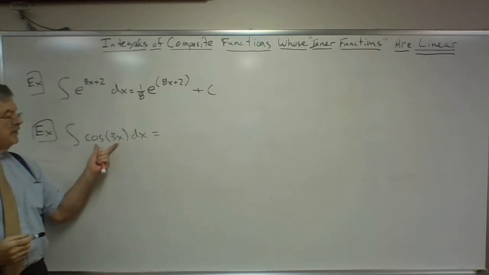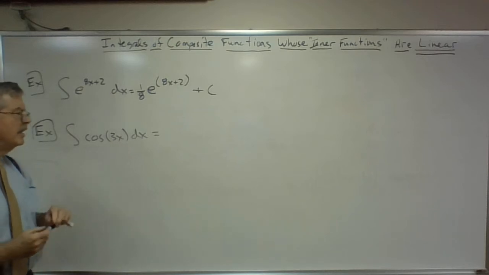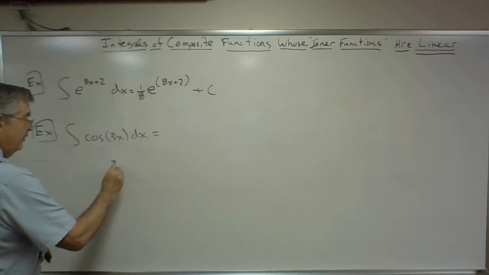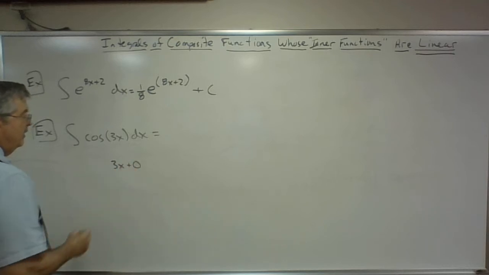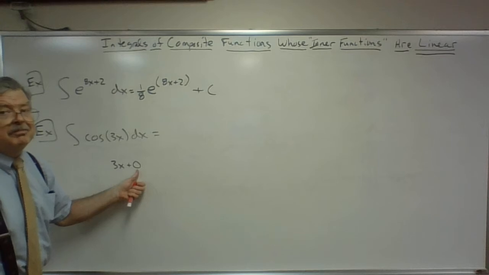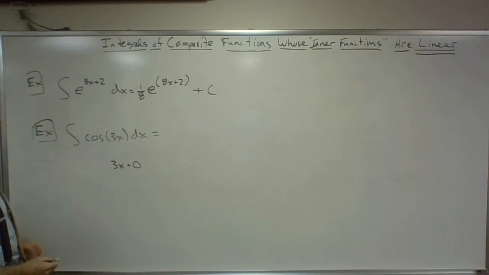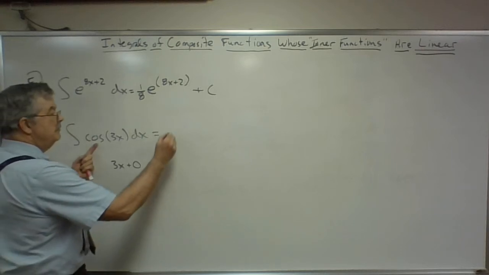It's a composite function. The inner function is linear. Oh, wait a minute, where's the constant term? Hey, this is the inner function, mx plus b. b just happens to be 0, that's all. The inner function is linear. Okay, antiderivative of cosine is sine,